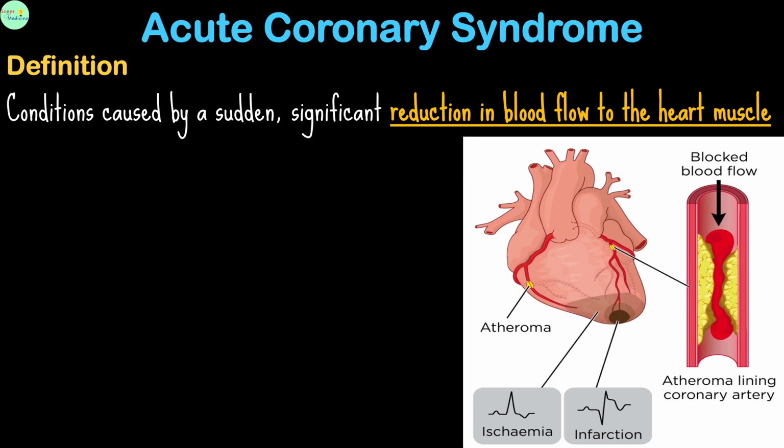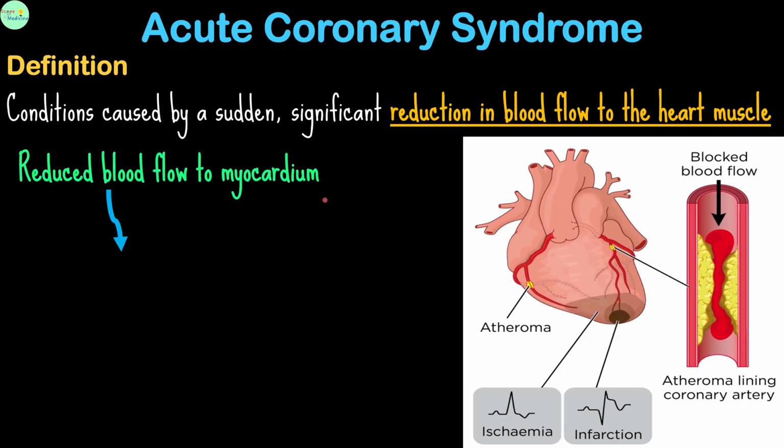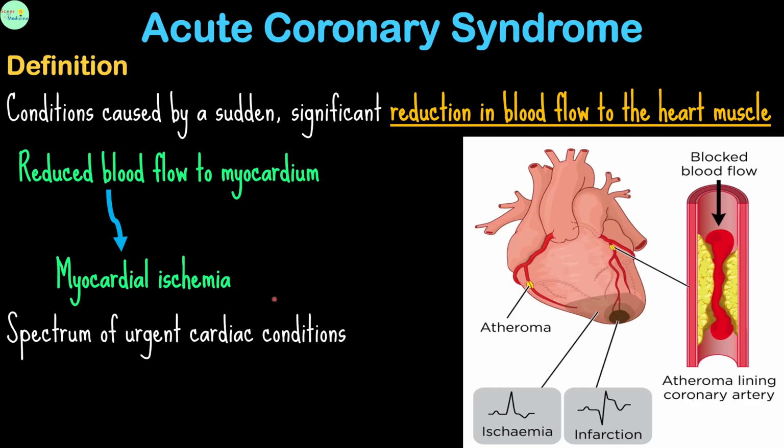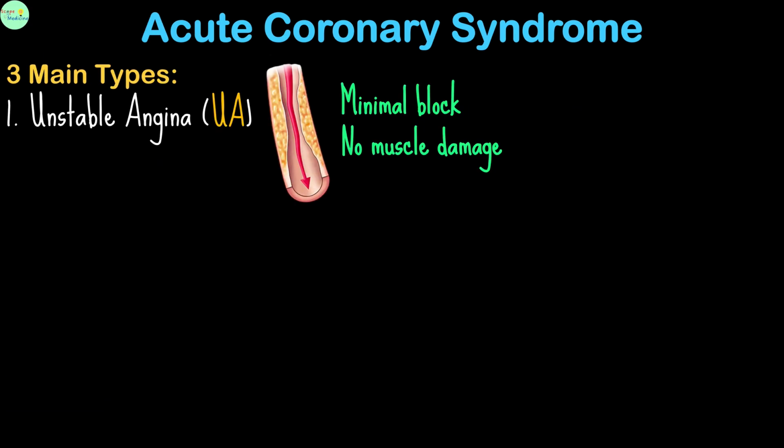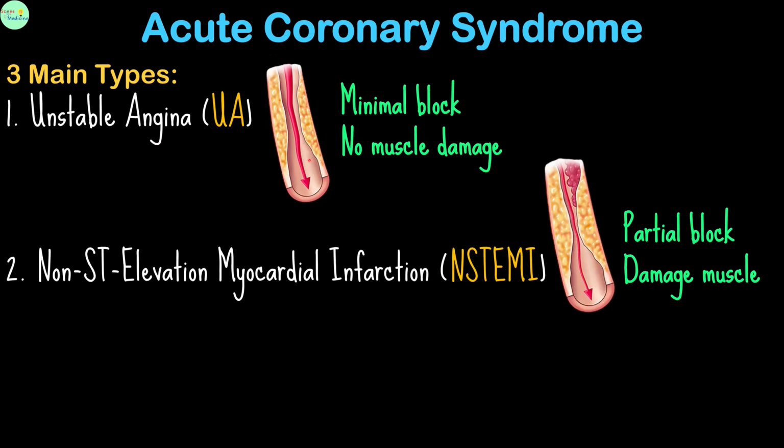Acute coronary syndrome is an umbrella term for conditions caused by a sudden, significant reduction in blood flow to the heart muscle, or myocardium, potentially leading to myocardial ischemia. It represents a spectrum of urgent cardiac conditions, all stemming from the acute disruption of a coronary artery plaque and subsequent blood clot formation. The three main types within this spectrum are unstable angina, non-ST elevation myocardial infarction, and ST